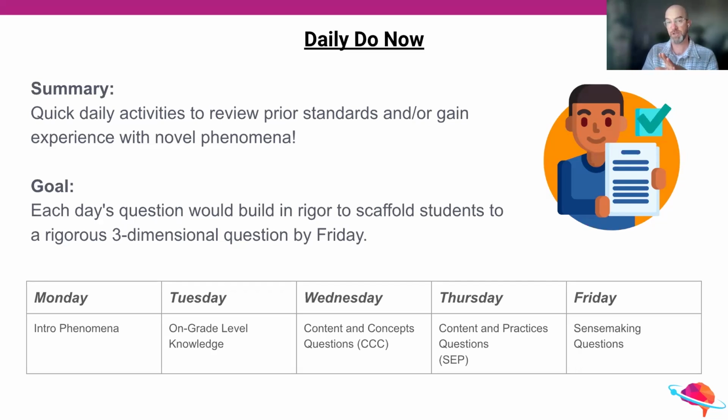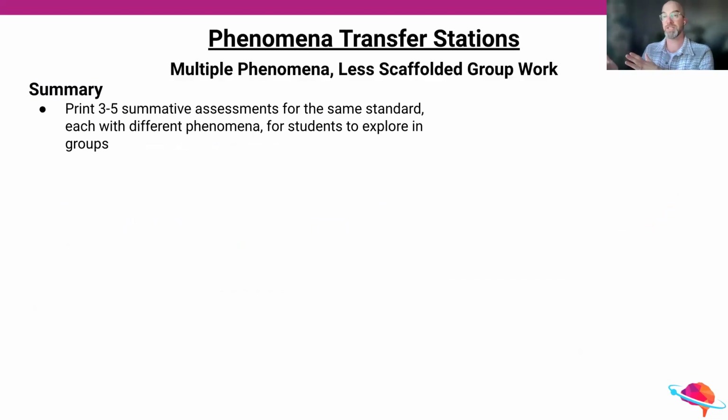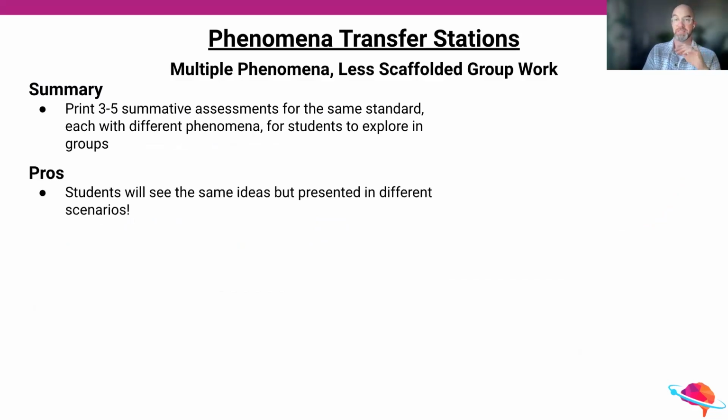So if that's helpful as well, we have another structure that we learned from one of our partner districts in Maryland about phenomena transfer stations. And so what this looks like is you take all of the assessments on Inner Orbit for a standard, you print out 3 to 5 different phenomena with groups of questions for the same standard, and you set them at stations. And what's really cool about this is that in one class period, students might, in groups, move around from table to table and see 3, 4, or 5 different phenomena on a single standard during one class period,